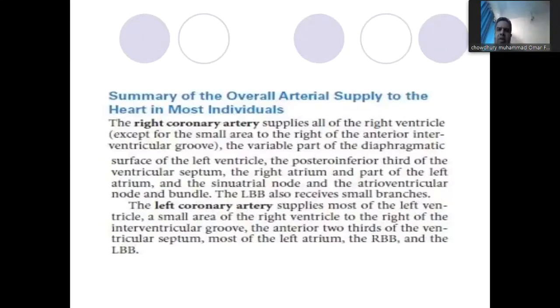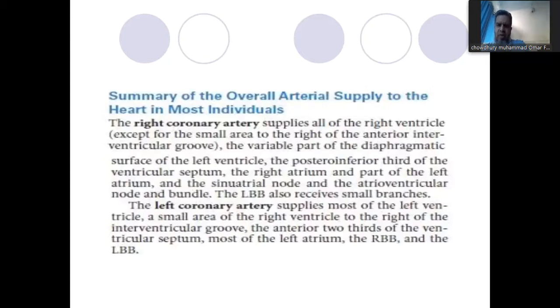Now, the summary of overall arterial supply to the heart in most individuals. The right coronary artery supplies all the right ventricle except for a small area to the right of the anterior interventricular groove, the variable part of the diaphragmatic surface of the left ventricle, the posterior inferior third of the ventricular septum, the right atrium, and part of the left atrium, and SA node and AV node,